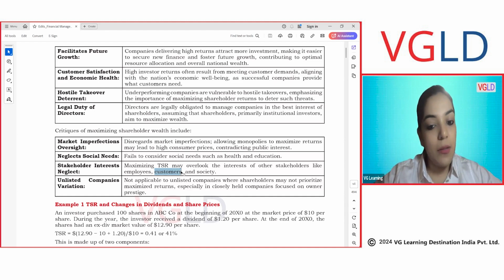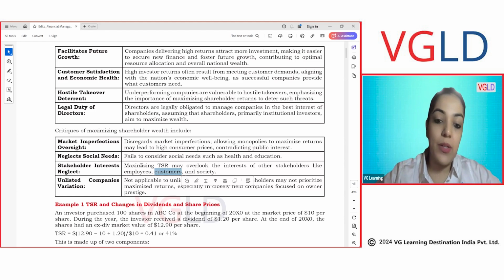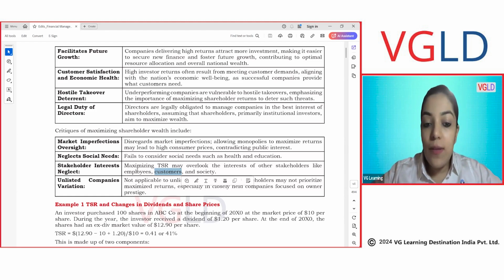Maybe you are charging higher prices to the customer, or increasing the credit period with the suppliers, or giving them very low prices for their products. So all of this shows that yes, in the pursuit of maximizing shareholder wealth, a company may overlook the interests